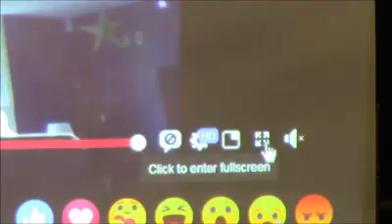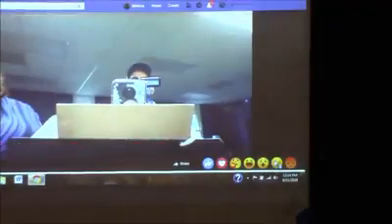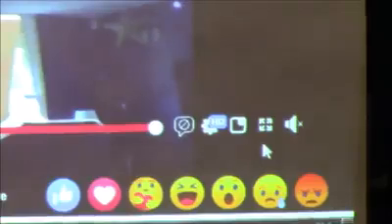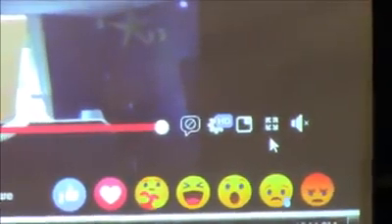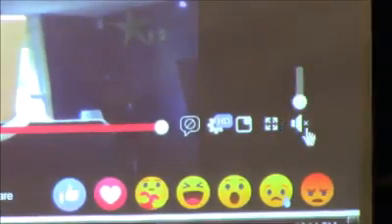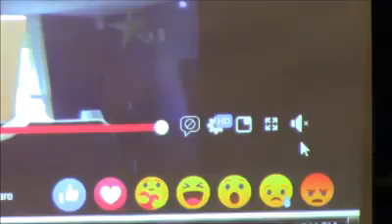The square one, if you click that, it'll enter full screen. Nothing in your background, nothing at all. All the icons for your laptop are gone. So it's basically like watching it on a TV if you have a big enough monitor. If you hit the escape button on your keyboard, that'll take you out of that, or you could just click the square again. Either one. If you need to control the volume of the video, there's a sliding scale with the megaphone icon. You just click up and down on that.